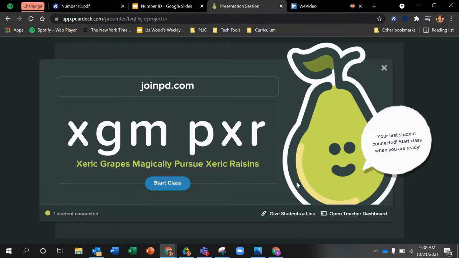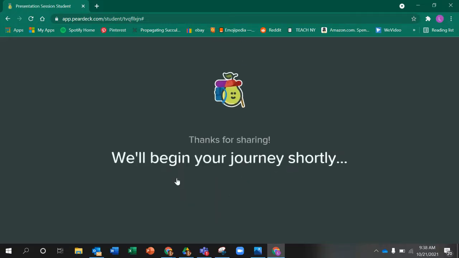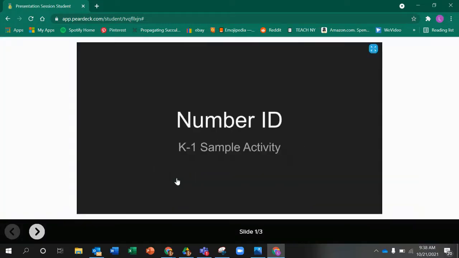I also want to show you what it looks like from the student end. So here I'm signed into a different Google account, and I've already joined this class. So initially, Peardeck will ask your kids how they're feeling today. And then it opens up your Google slide. So you can see this is exactly what I showed you. It says number ID, K1 sample activity. For your kids, you want something a little more catchy or friendly. But then if they hit the next arrow here or on their keyboard,